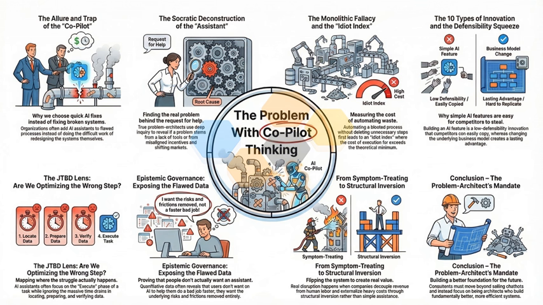Step 3 maps the true friction to locate exactly where the job executor is failing. Copilots obsess over making the execute phase faster, ignoring the temporal drains surrounding it. The heaviest delays usually hide in the locate step, hunting down data, or the confirm step, verifying the AI didn't invent false numbers.